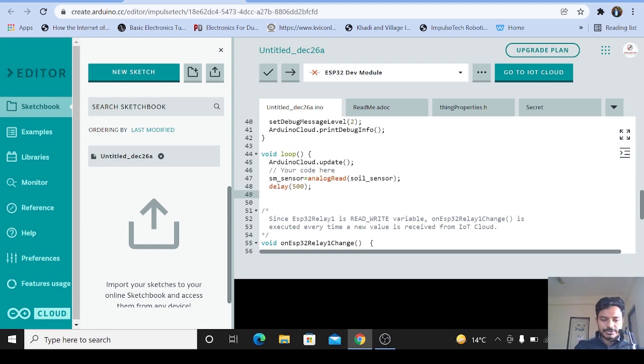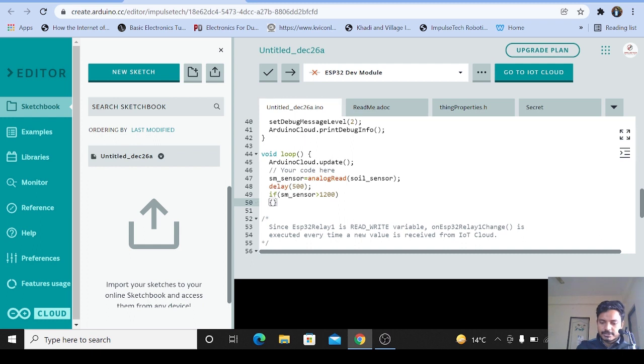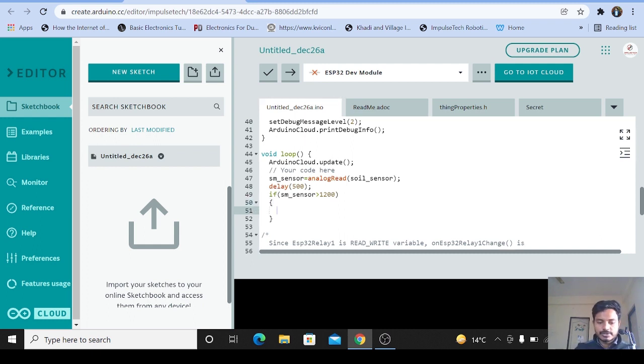So here I'll use the conditional statement if SM sensor is greater than 1200, then curly brackets, write your condition. So let's write digitalWrite. We need to turn on the relay.